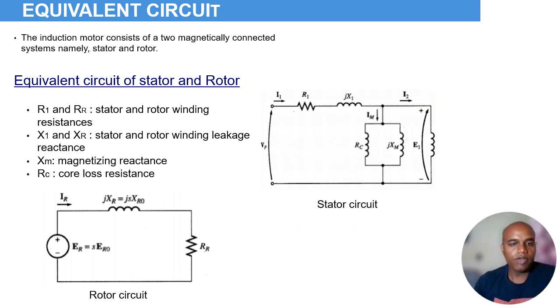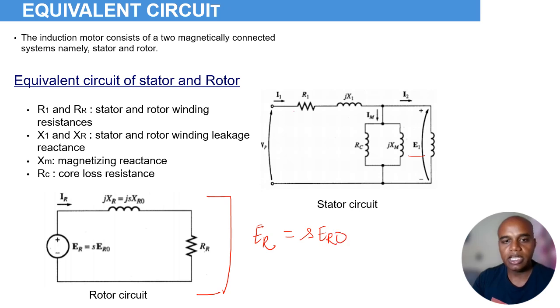All right, so now we have already talked about the stator. Now we can go for the rotor circuitry. As we know, this voltage is produced by the stator winding, and the rotor induced voltage, let's say I'm taking that as ER here, will be equal to, and it is a function of the slip, S into ER naught, where ER naught is nothing but the standstill rotor